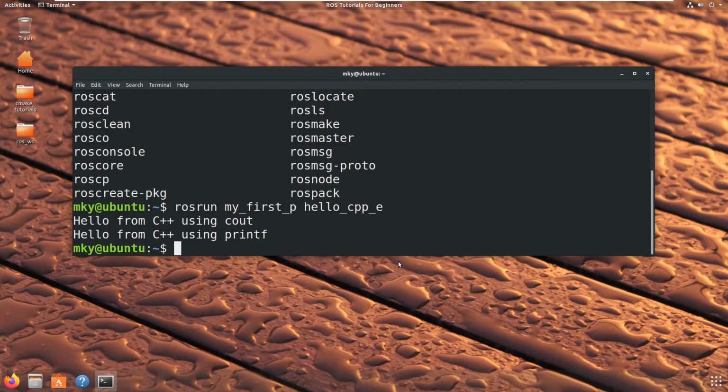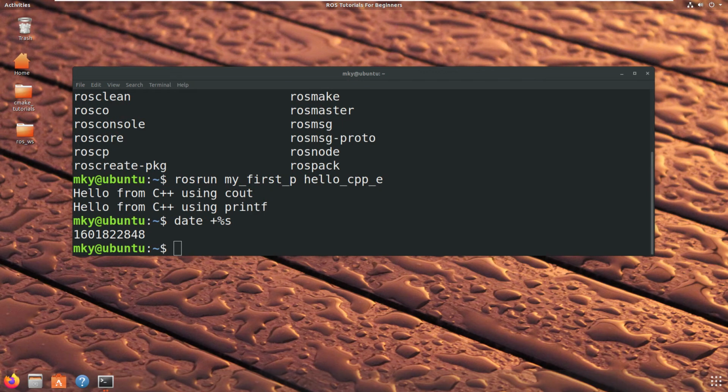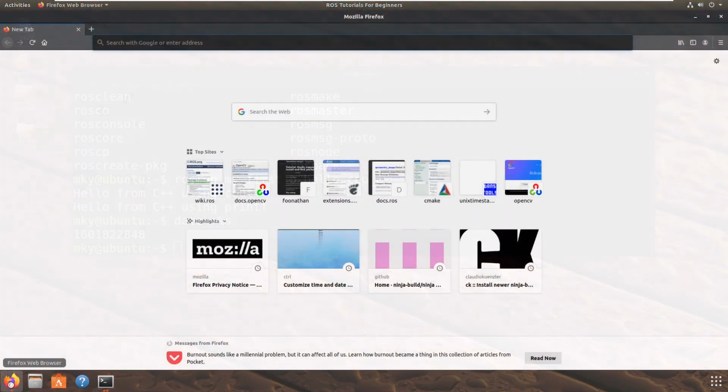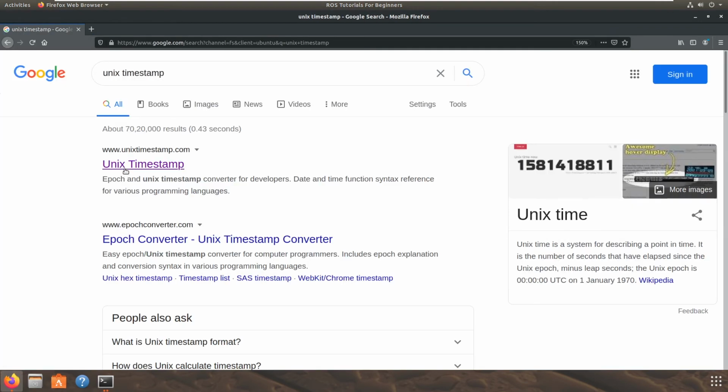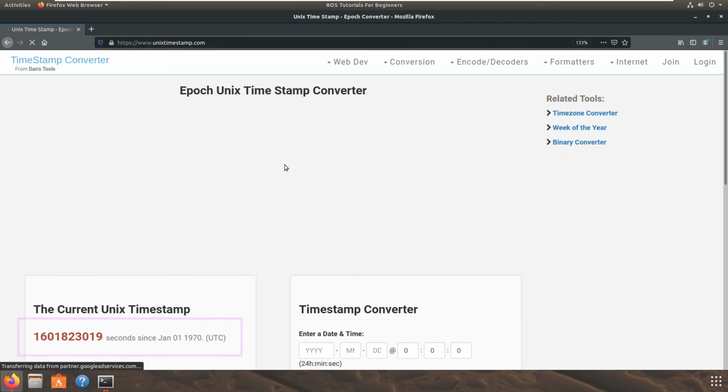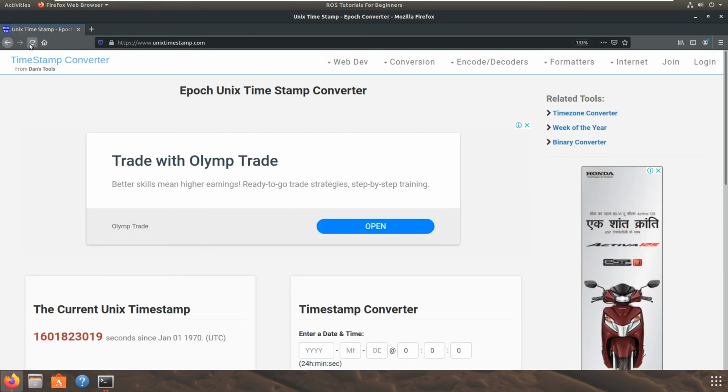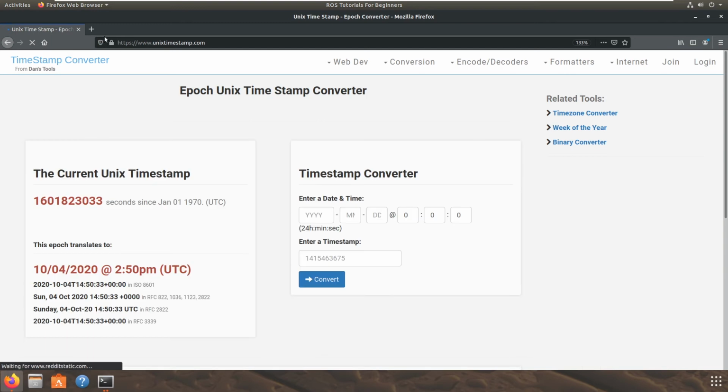The next thing that we will see is the Unix timestamp. In ROS, whenever we need to time anything, we use the Unix timestamp. This timestamp looks like this, and this number is the count of seconds passed since 1st January 1970. So, if you come across a big number like this, the chances are you are looking at the Unix timestamp. You can also Google this and find out the current timestamp. We can refresh this page and the numbers will change.